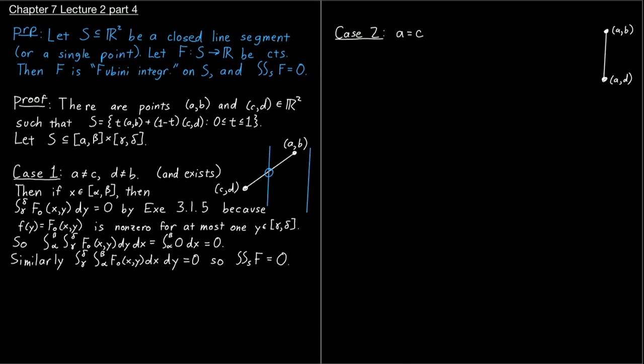I'm not going to require that B and D be different because I do want to allow us the one-point case. So in this case, if x is in our interval from alpha to beta, then